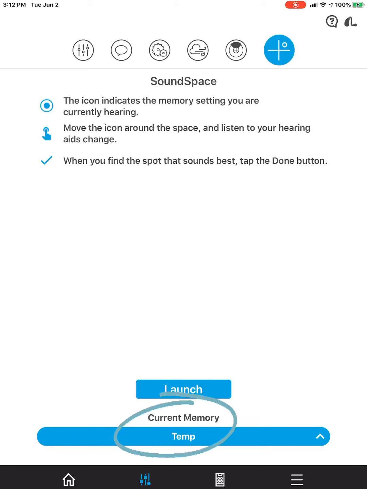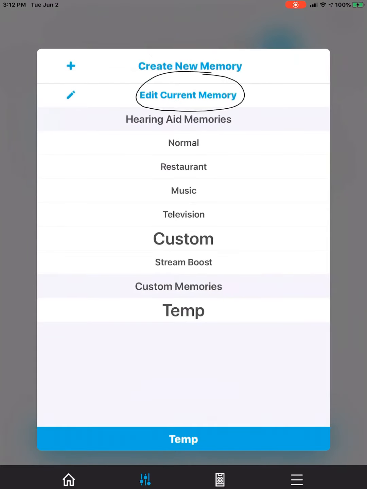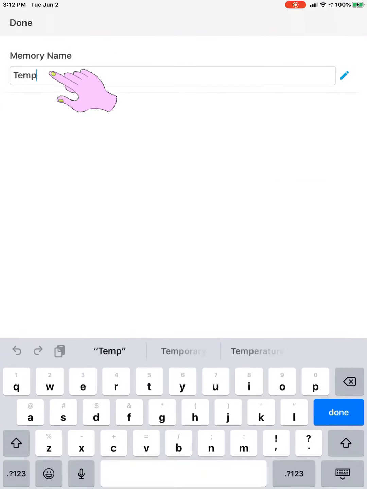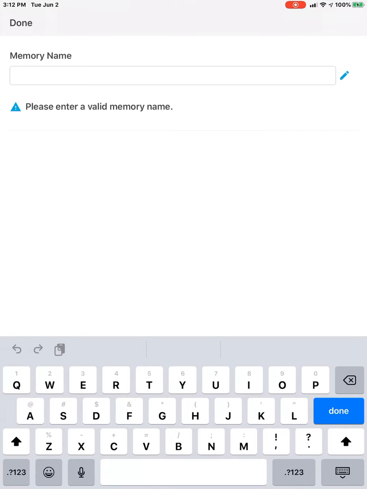As you can see down at the bottom where it says current memory, it now says temp. Maybe you started out in your normal setting or one of your other preset memories, but anytime you launch this Soundspace, you are creating a custom memory. So you're using that original memory as a platform to build your own custom setting. If you wanted to save this, you would tap down at the bottom where it says temp, then hit edit current memory, and then you can edit the name. So you can change it from temp,